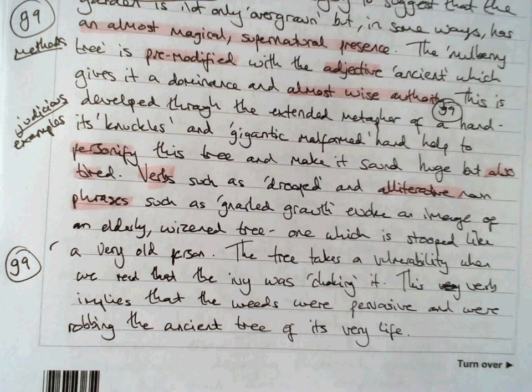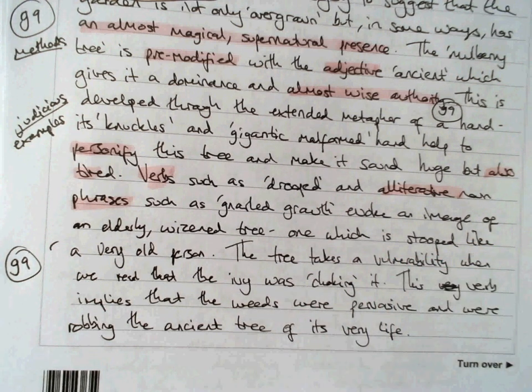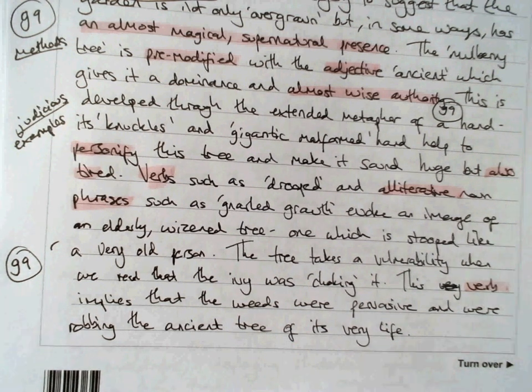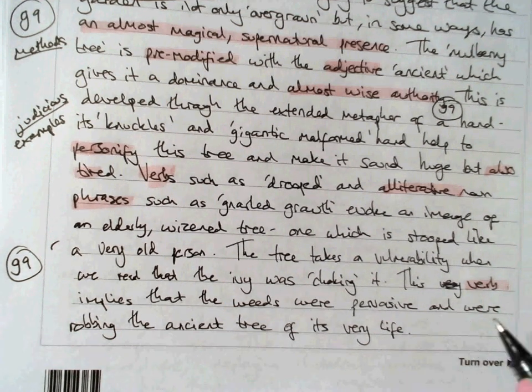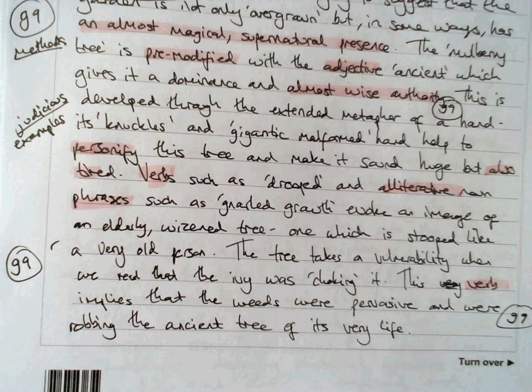The tree takes on vulnerability when we read that the ivy was choking it. This verb implies that the weeds were pervasive and were robbing the ancient tree of its very life. So again, I've got this moving into the grade 9 quality here, and I just ran out of room, honestly, but I would have liked to do a bit more here in terms of effects